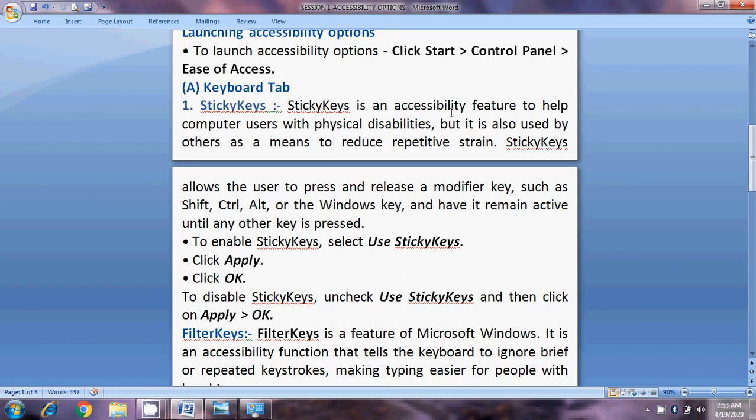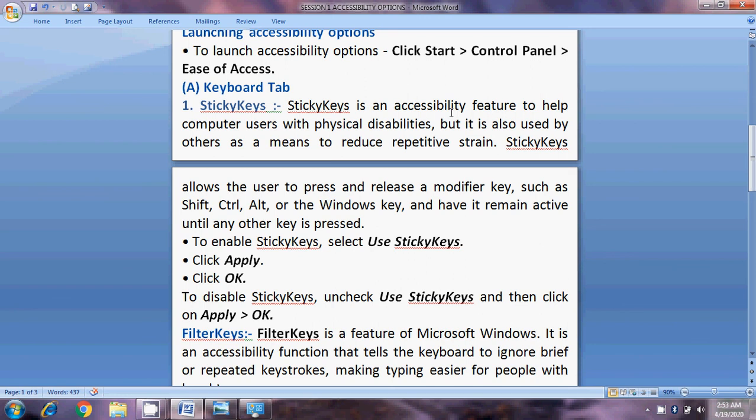Similarly, if you want to type a capital letter, you press Shift plus the desired letter together. But when you make sticky keys active, it allows the user to press and release a modifier key and have it remain active until any other key is pressed.